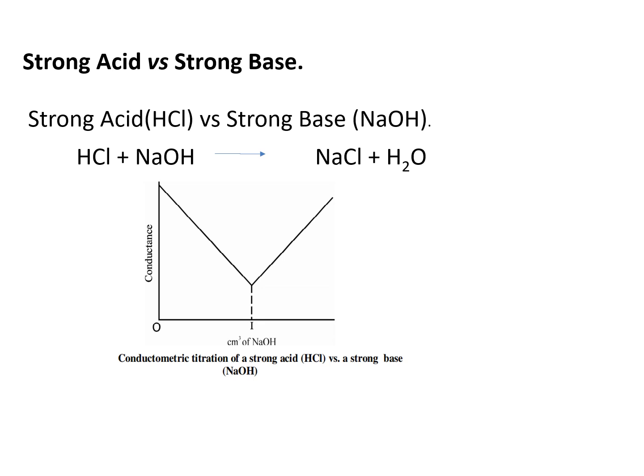So the reaction you can see, it's a neutralization reaction. It results in the formation of salt like sodium chloride and water. Now let us analyze this conductometric titration curve. If you look at the curve, we have taken conductance along y-axis and volume of alkali added, here sodium hydroxide, along x-axis.